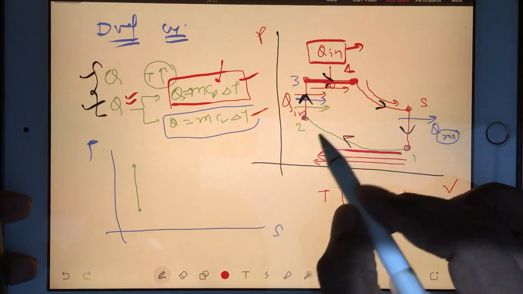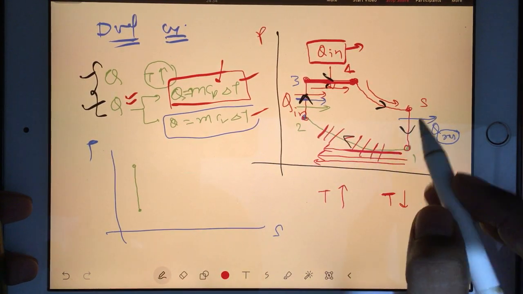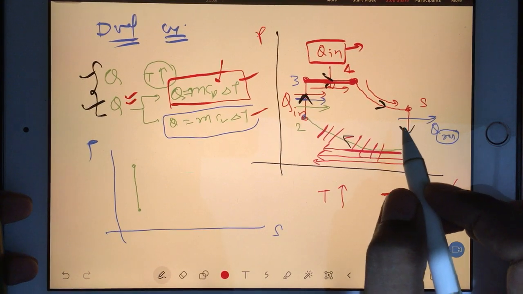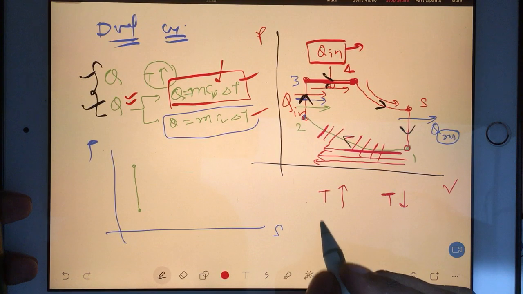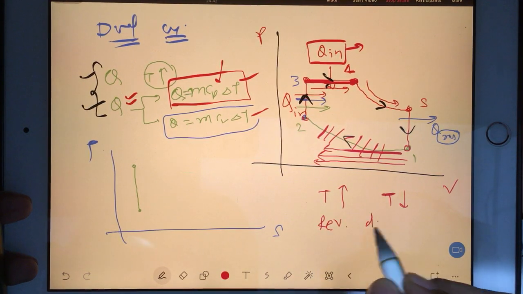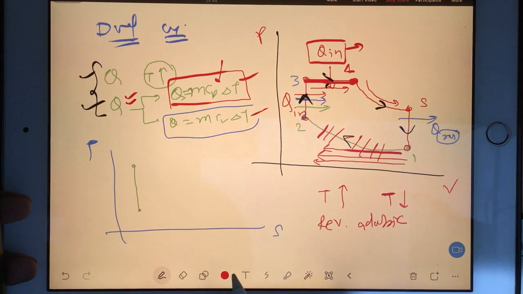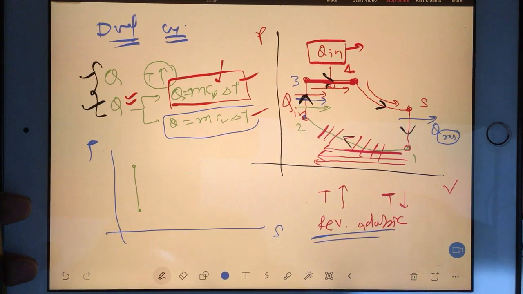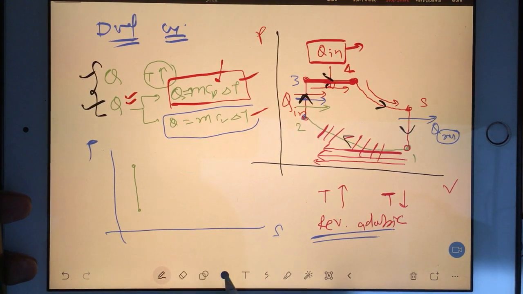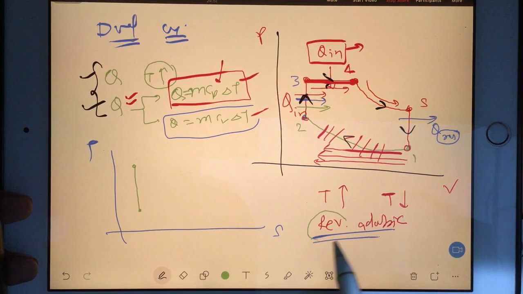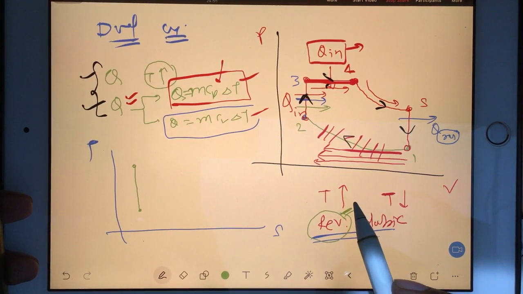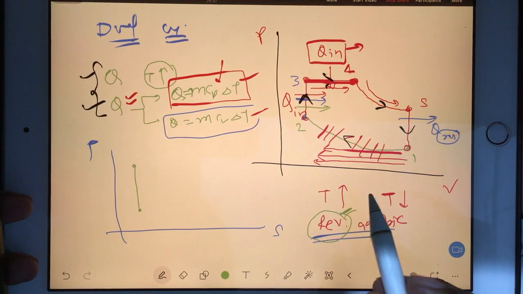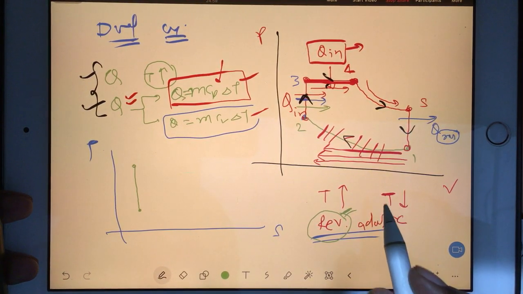Actually, in the beginning itself I should say this process is reversible adiabatic. Let's understand this. What is the meaning of reversible adiabatic? Many times I have explained, but these things are very common and regularly used. Reversible means your engine is going to be reversible. No engine is reversible in real life; every engine is irreversible in real life.